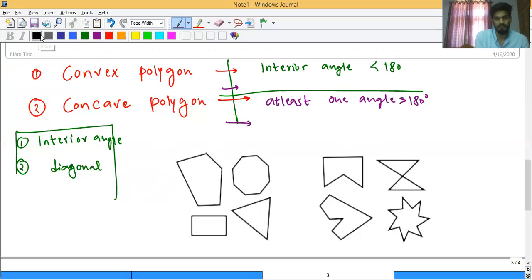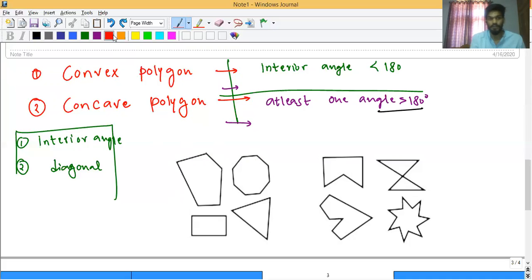Second condition says, okay, now first of all let's talk about this angle, 180 degrees. So here we can see this angle is greater than 180 degrees. All right, and in this example we can say this angle is greater than 180 degrees. All right, this angle is 180 degrees, and if you don't see any angle which is greater than 180 degrees, then there is a second condition as well.